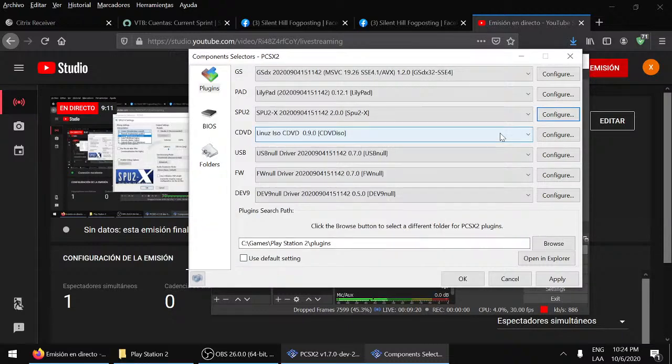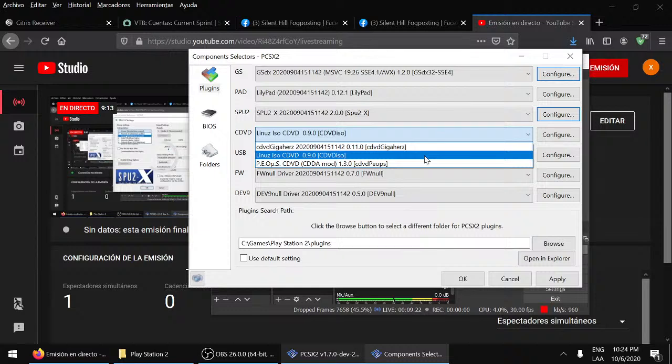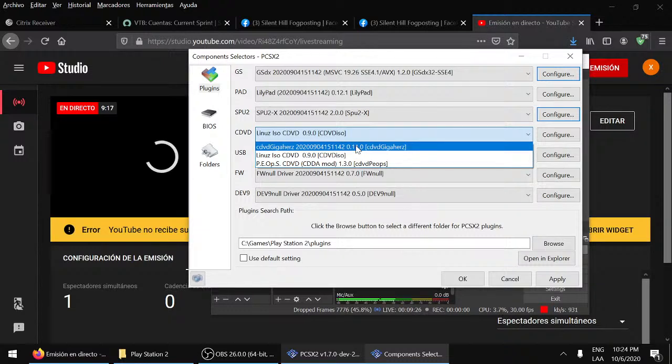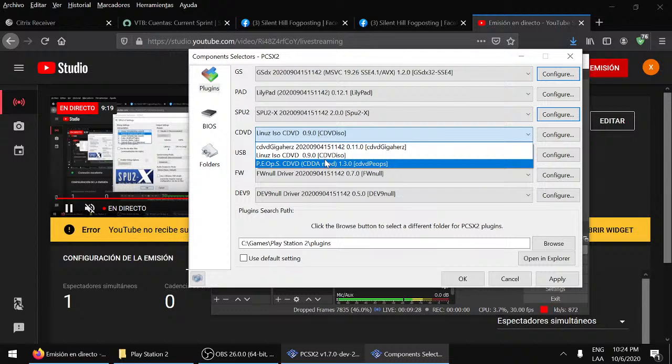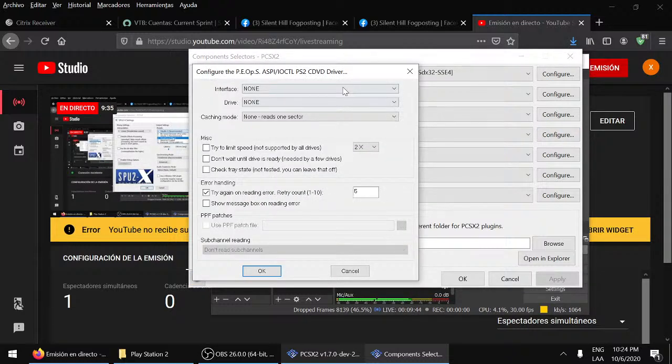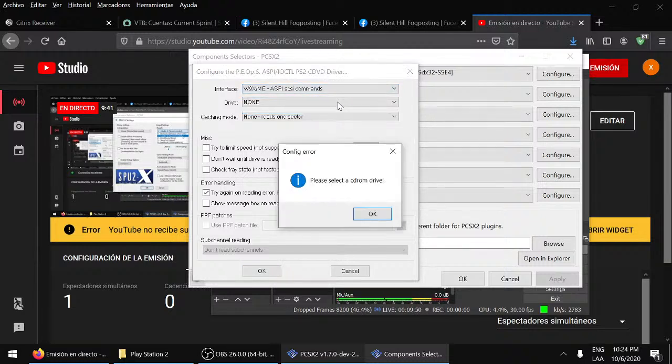Here you will have 3 options. Don't use this one. This one has some problems, so don't use it. Now, if you're going to use a real DVD, for example, Silent Hill 4 on the DVD drive, you will have to use this option and configure it. This laptop does not have a DVD drive, so I can set anything. If it's an old computer, probably you will have an ASPI one. So stick with that,